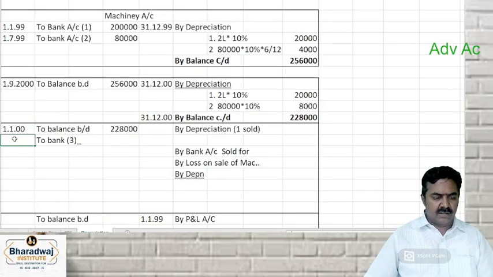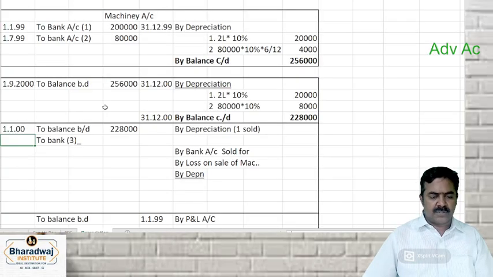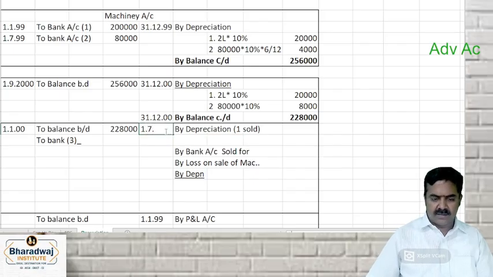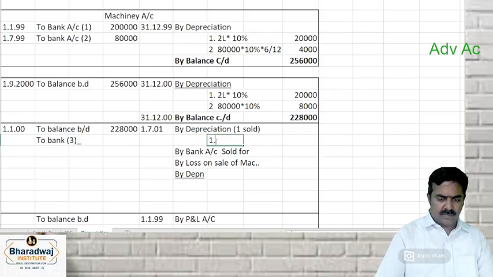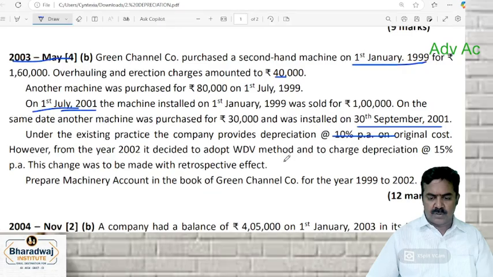We are buying the third machine on 1/7. When are we selling on 1st July? Charge depreciation. Two lakhs into 10% for how many months? 6 months. The first machine is sold for